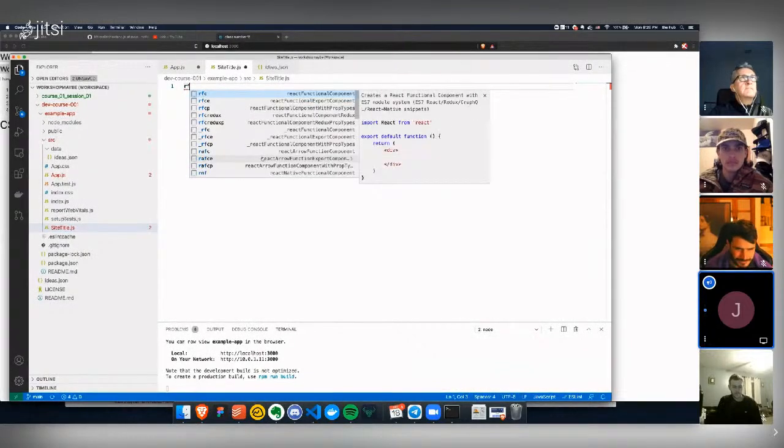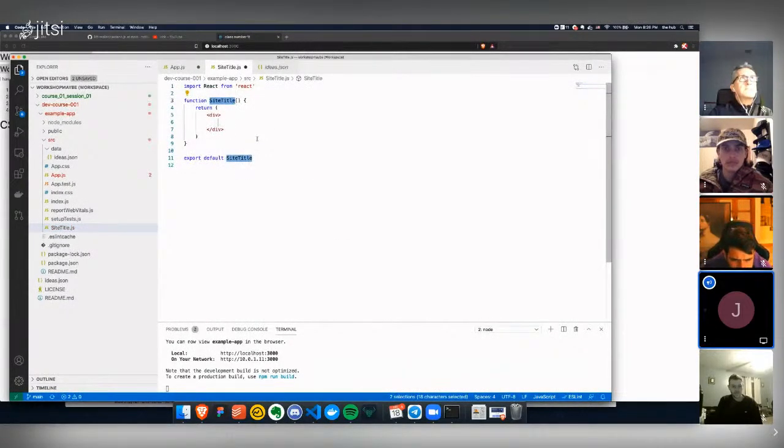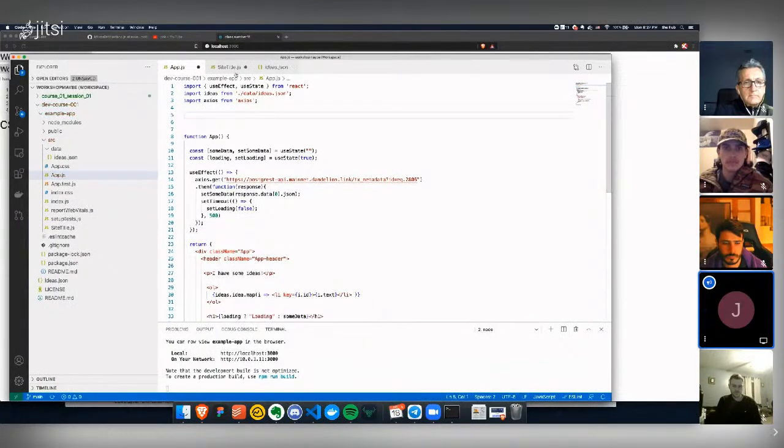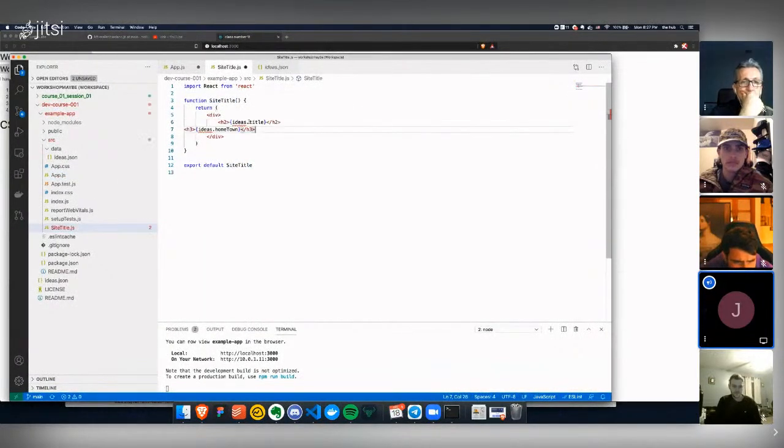I have a plugin here that gets me some boilerplate really quickly. Okay. But what you can see is it takes the name of this component from the name of the file, and it's going to export something called site title that I can then use. All I'm going to do with this is grab these two lines right here, and I'm going to put them here like this. Okay. So now just this little piece of HTML is isolated in this separate file called site